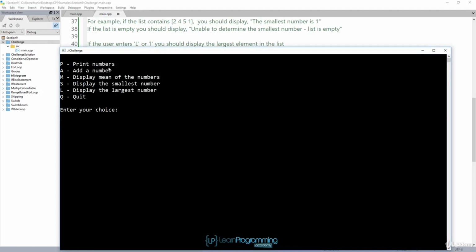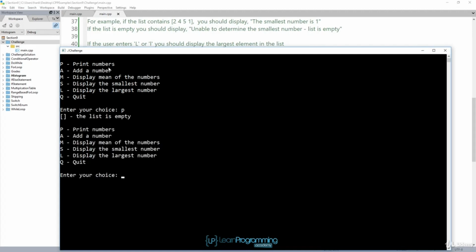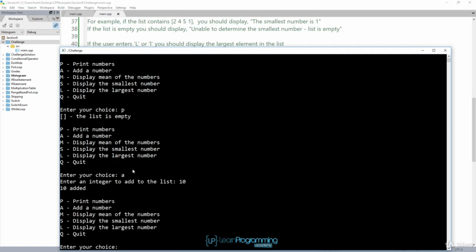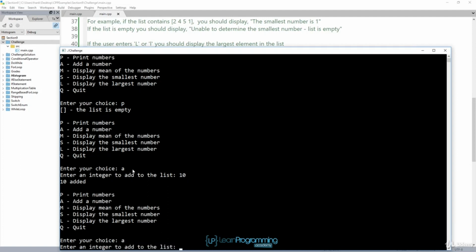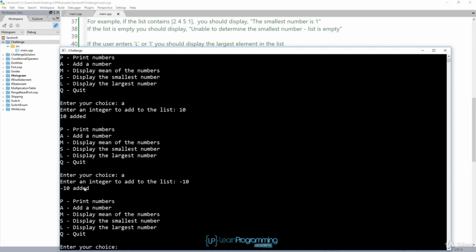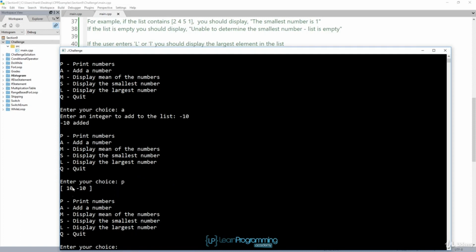And let's print the numbers in the list. Right now the list is empty. So if I press P, and again, it could be uppercase or lowercase, you get the 2 square brackets and the list is empty. Now I want to add a number. I'll press A. Let's say I want to add the number 10 to the list. 10 is added. And let's say I want to add another number. So I'll press A again, and I want to add -10 this time. So we've added -10. If I want to print the numbers again, I'll press P, and there's my list, 10